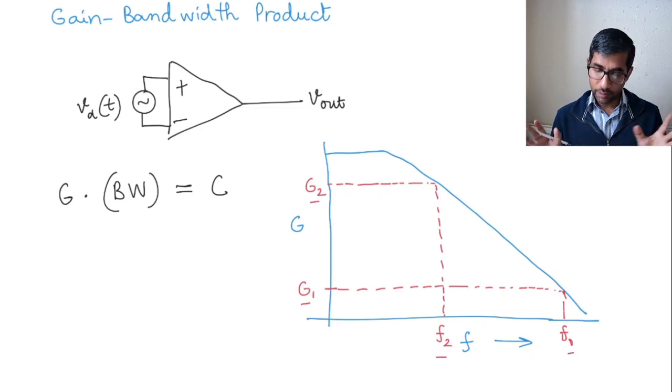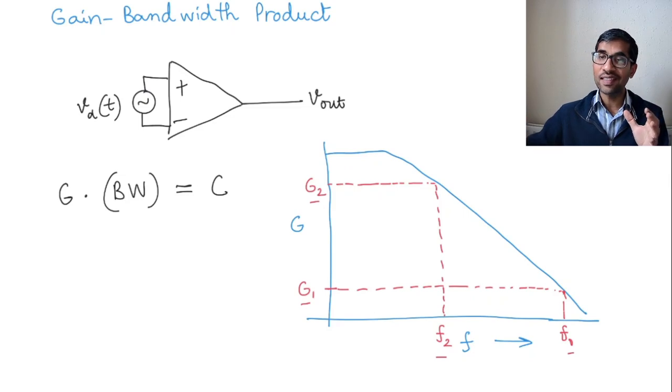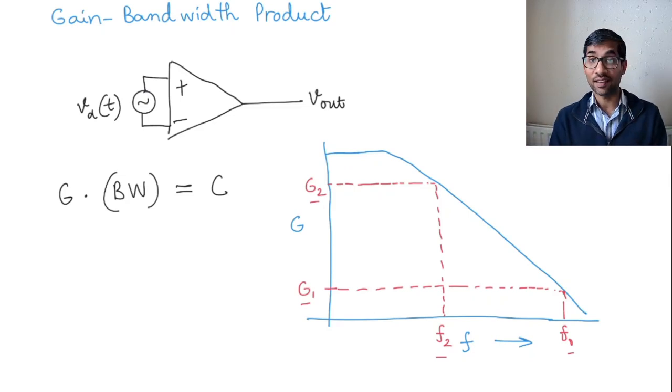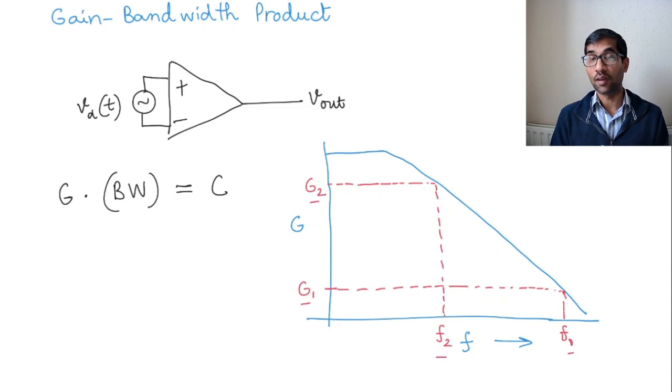Okay, so let me kind of summarize this. What I'm saying is, in an op amp, if you want a higher gain in your amplifier, in your op amp, then you will have to limit the highest frequency signal that you can amplify using that gain. Okay, and if you go in for a lower gain, then you can increase your bandwidth. You can increase the frequency of the signals that can be amplified by that op amp, or by that amplifier. And that is encapsulated by this idea of the gain bandwidth